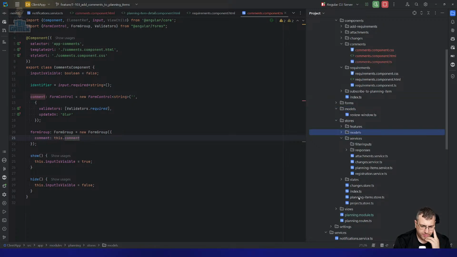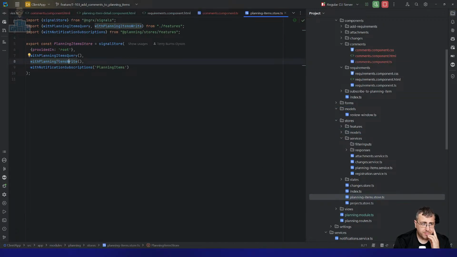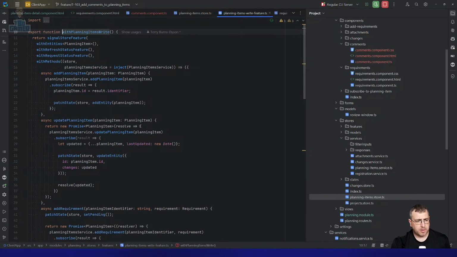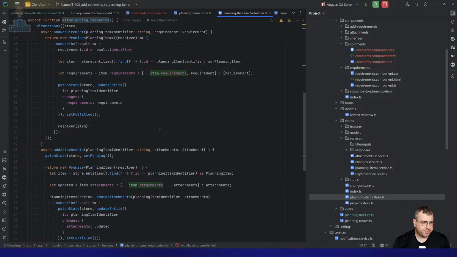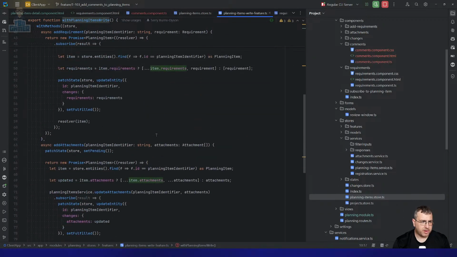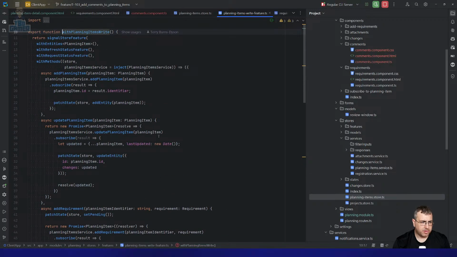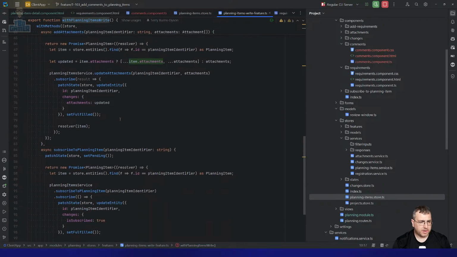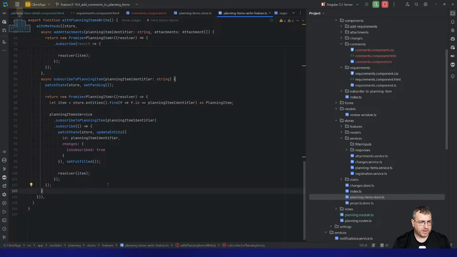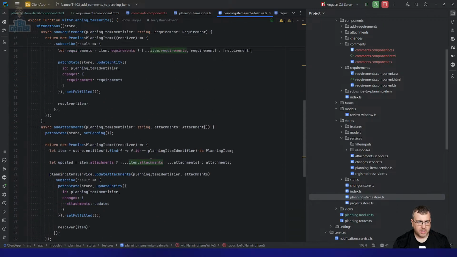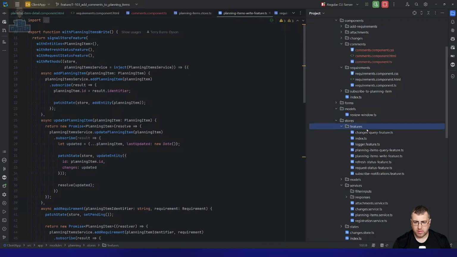So the signal store here, I have planning items. Quite a lot of behavior on here at this point. Add attachments, subscribe to planning item, add requirement, update planning item, add planning item, etc. And naturally, I'm thinking add comment in here is a useful thing. I'm starting to worry about the size of these things because they're getting kind of unwieldy. What I can do is